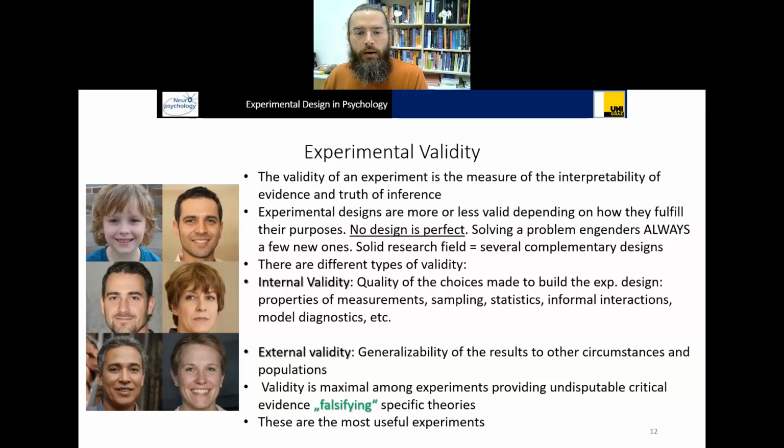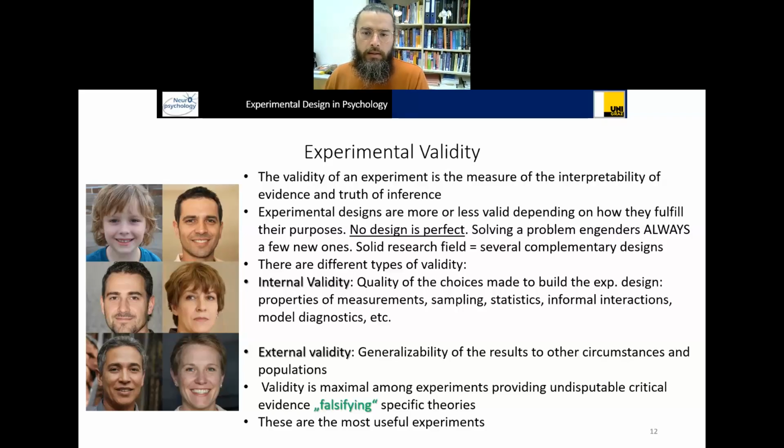Yes, but let's move now to the characterization of different types of validity. We may distinguish between two main aspects of validity. So the internal validity and the external validity. And internal validity will be subdivided again in specific subtypes of validity, as well as external validity. And in the rest of this session, we will discuss different aspects of internal and external validity. And what is the definition of internal validity? So it